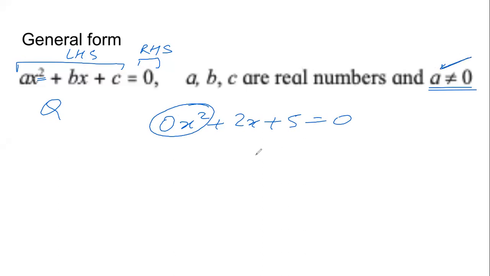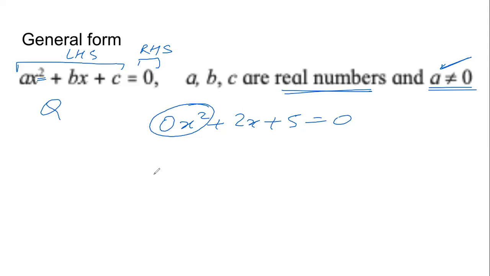So, what are a, b, and c? A, b, and c are the coefficients. What type of numbers are they? They are real numbers, of course. Imaginary numbers we have not studied yet, we will study them in college if we do. So, a, b, and c can be integers, natural numbers, fractions, decimals, positive, negative. They are real numbers. Only condition is a is not equal to 0. Ax square plus bx plus c equals to 0.